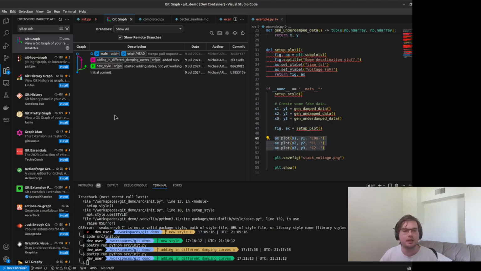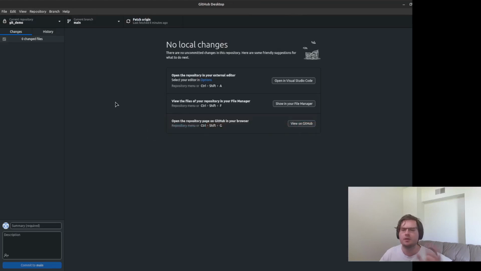It is usually covered in GitHub Desktop, though I think it's not yet quite supported in the Linux version, so I can't show you here. It is also something you can do in the command line, but you can very easily find a lot of tutorials for it as well.